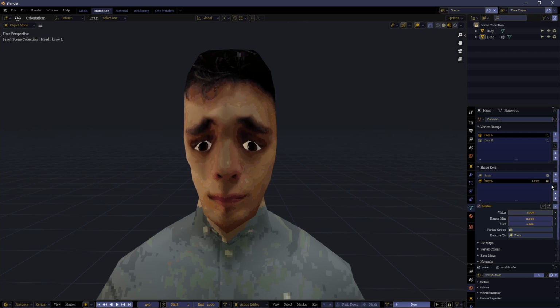Now, as before, shape key from mix, and give this one right, and this one left. You should see it change. There we go. Now this is just the process for how you can make a shape key and split them properly. I'm going to take a break now and make several more, and in the next tutorial we'll look at how you can attach these different shape keys into a rig so you can control them more easily.